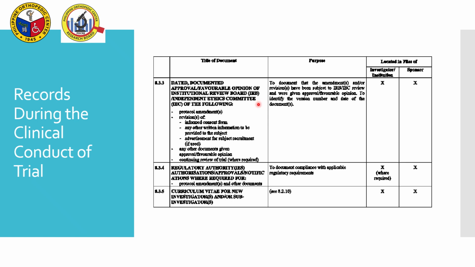This isn't just about the initial start of the trial. It includes protocol amendments, revisions to the informed consent form, recruitment advertisements, or any other written information provided to the subjects. It also covers the results of continuing reviews.